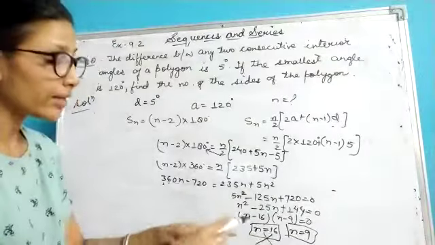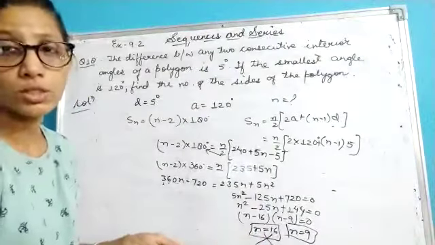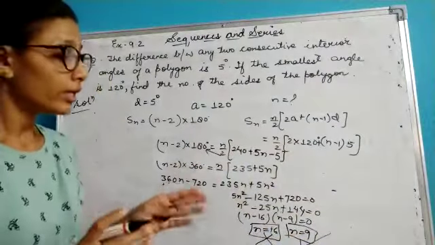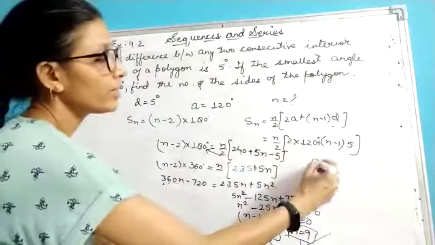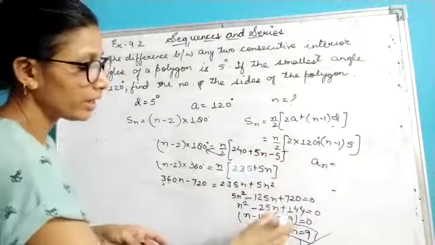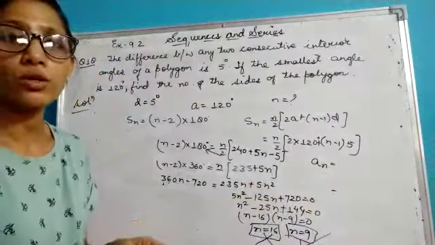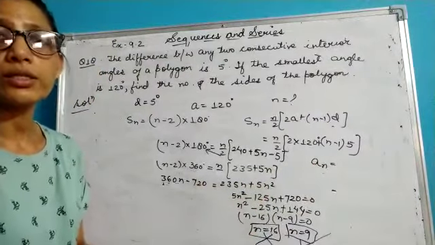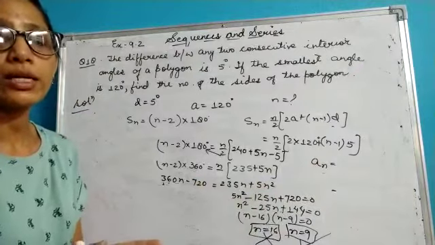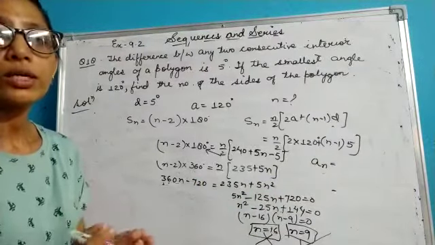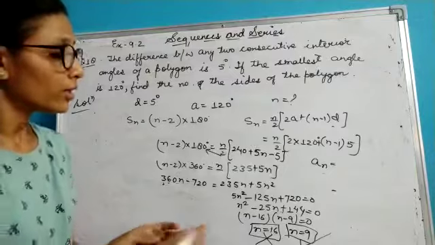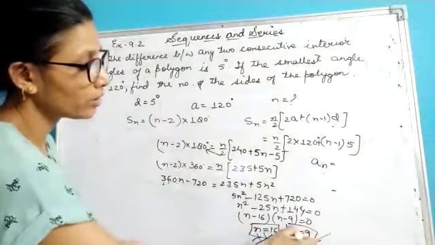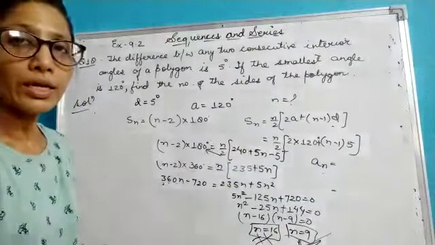Now why am I rejecting n equal to 16, which is also a positive term, and considering only n equal to 9? It is because if you find the nth term by putting n equal to 16, then it is crossing 180 degrees, which means an angle cannot be greater than 180. That means a straight line cannot have more than 180 degrees. That's why I will be rejecting n equal to 16 and I will be considering only n equal to 9. Have a look.